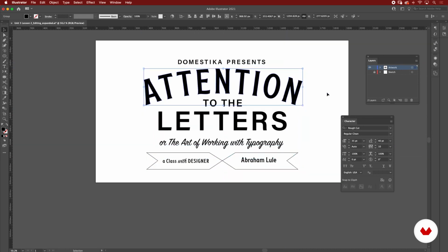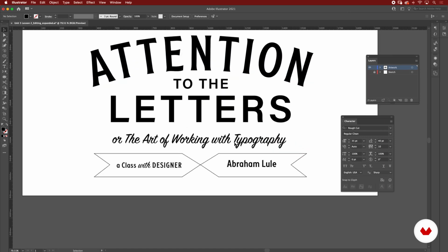Alright, I think we have done all of our edits. We have spacing at the top part. We have increasing and adjusting this part of attention that we did by expanding it, Command-Shift-O. Then we adjusted the other parts, the letters, in comparison to what is happening with attention, so everything works together as its own object. And then we work on the banner.